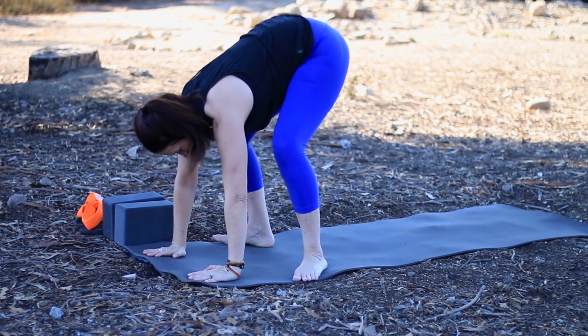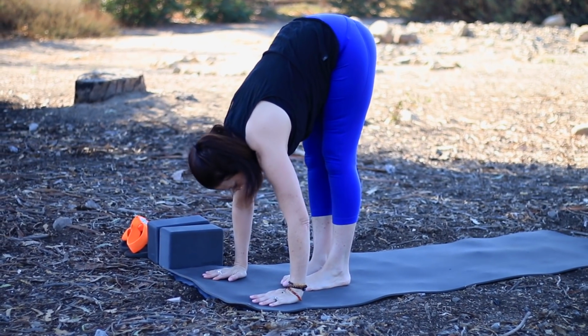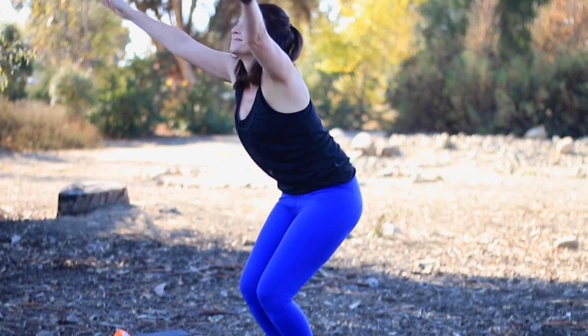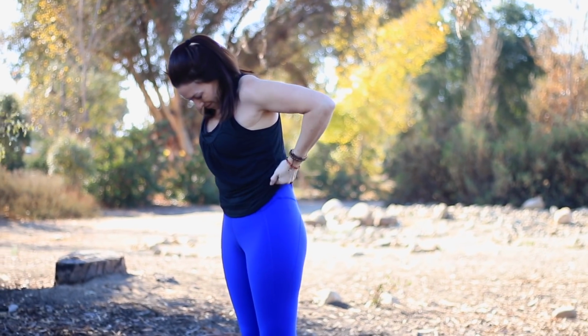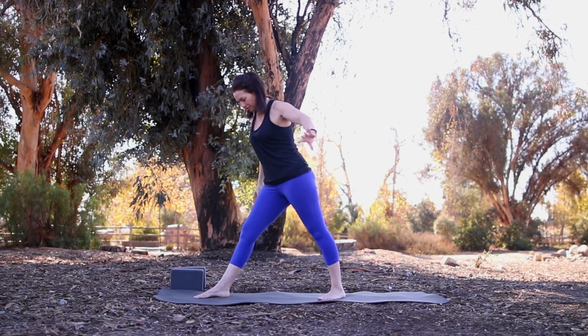And then start to straighten the legs, feet move together, and fold forward over the legs. Inhale, look up, lengthen. Bend the knees, come back to chair. And then to standing samastitihi, steady balance. At the front of the mat, feet together, and then step your left foot back, right foot forward, square up